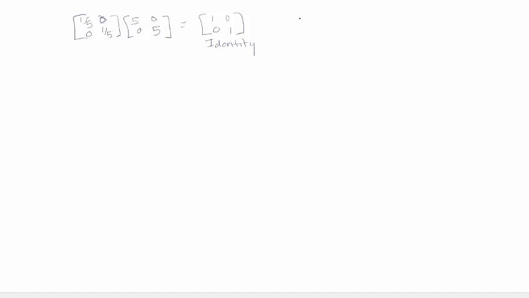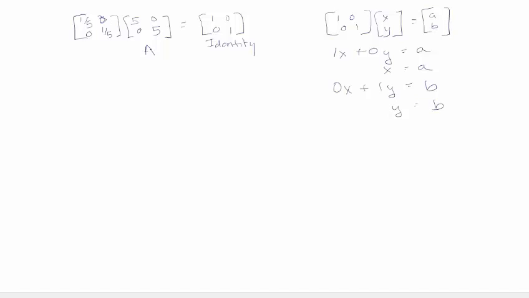Note that if I have the matrix 1, 1 times x, y equals A, B, and I multiply this out, I have 1x plus 0y equals A, or x equals A, and this bottom row, 0x plus 1y equals B, so you have y equals B. So this is a matrix A right here. This is inverse A,